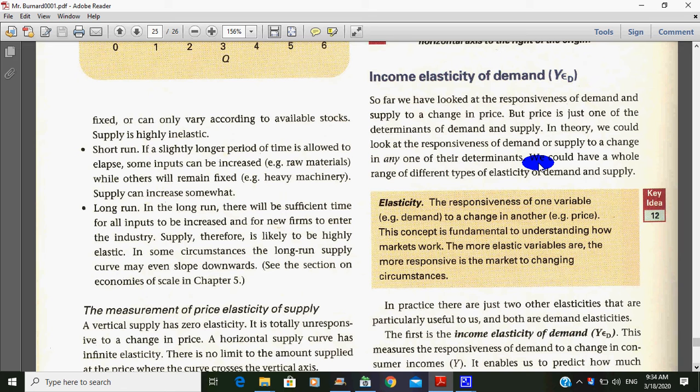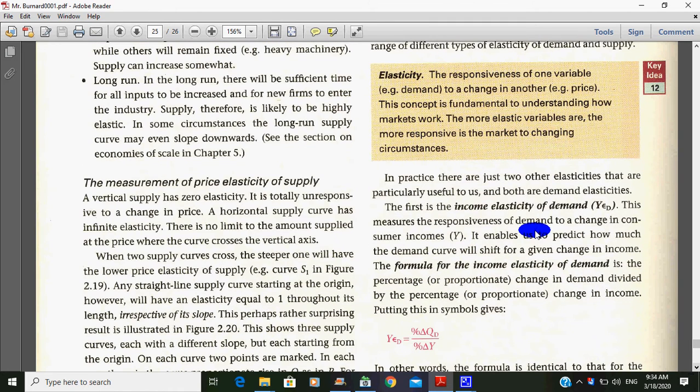We could have a whole range of different types of elasticity of demand and supply. Remember that elasticity is the responsiveness of one variable to a change in what? Another. The concept is fundamental to understanding how markets work. The more elastic variables are, the more responsive is the market to changing circumstances. In practice, there are just two other elasticities that are particularly useful to us, and both are demand